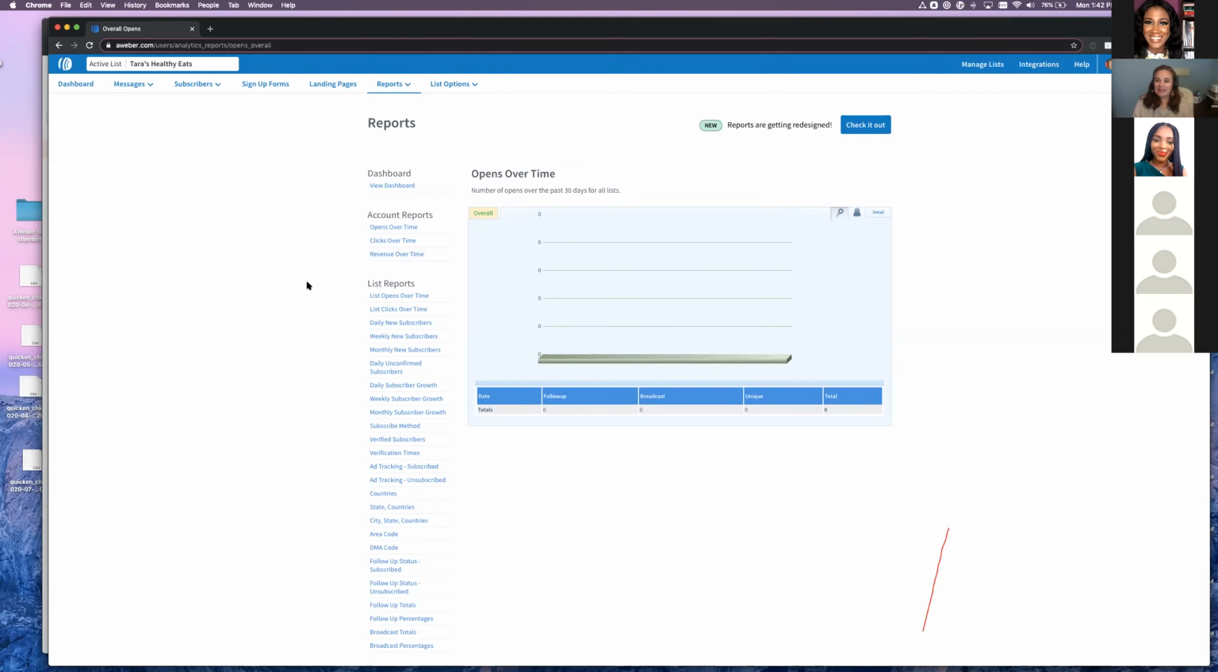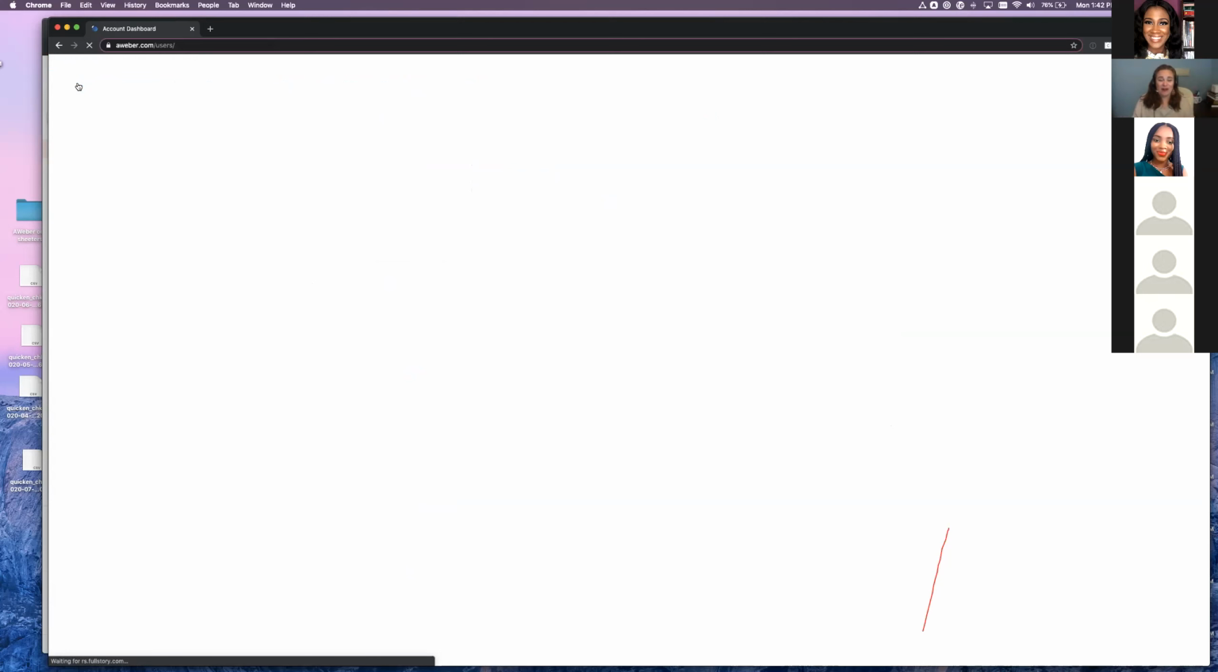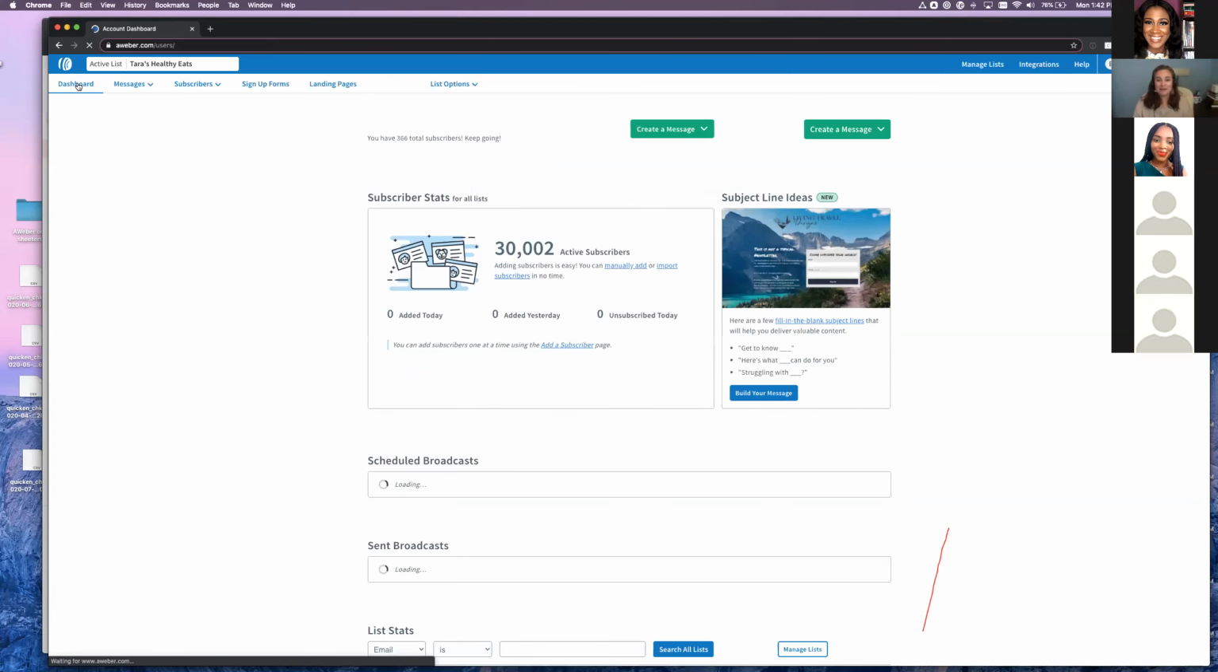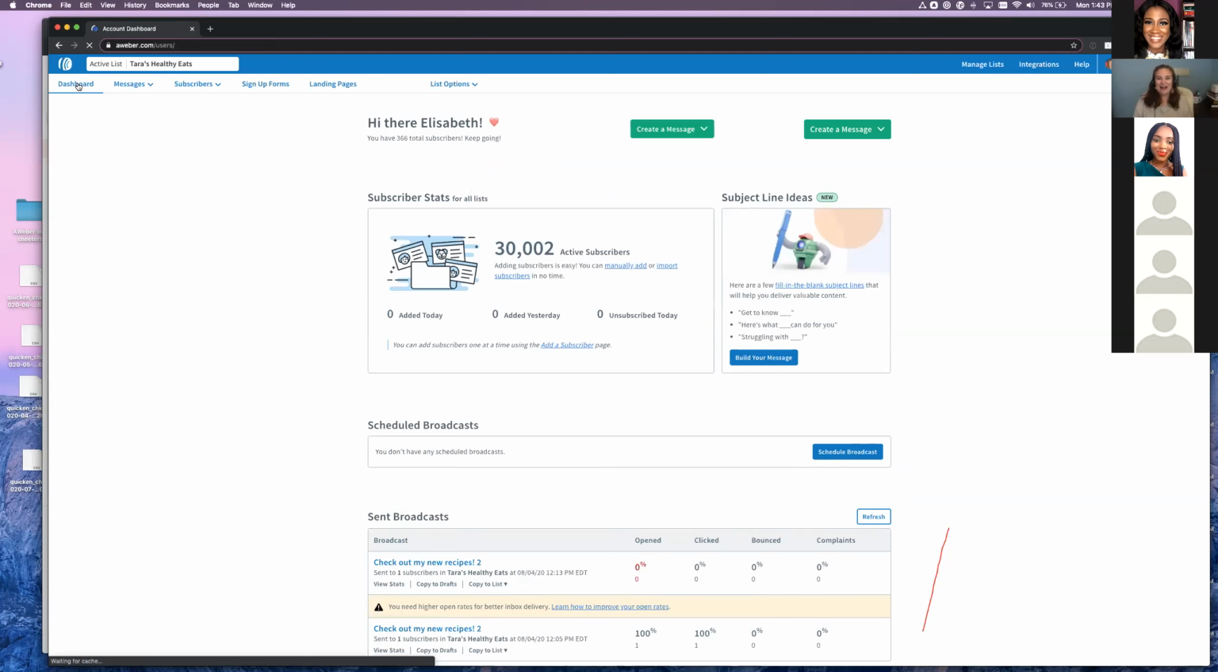So that is pretty much the overall look into the Aweber dashboard. Again, very high level, because I could spend the entire day teaching you how to use Aweber. But